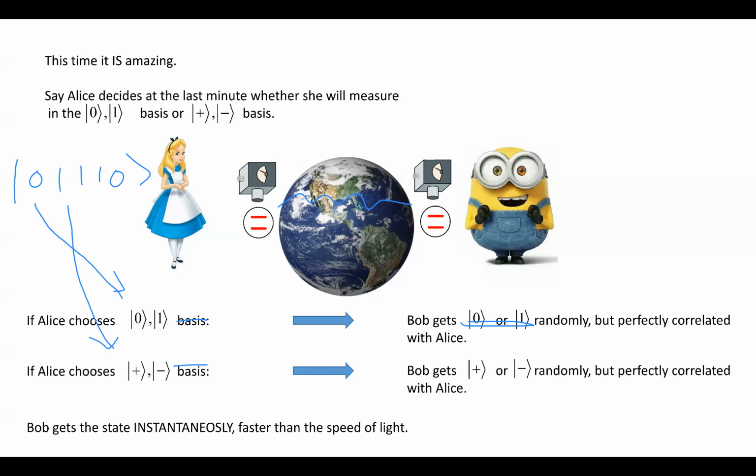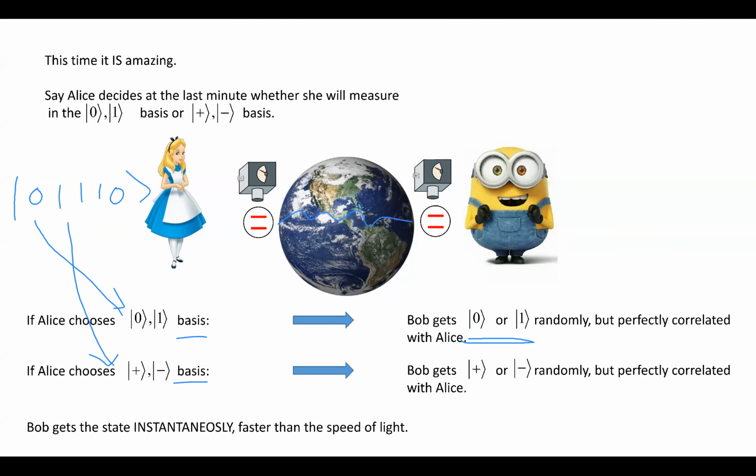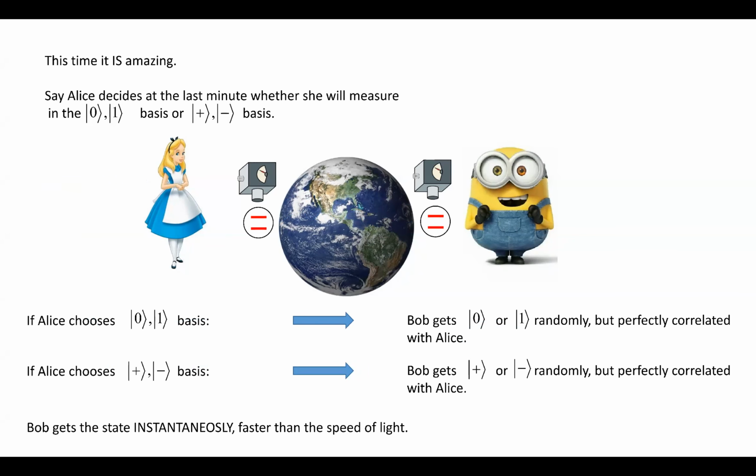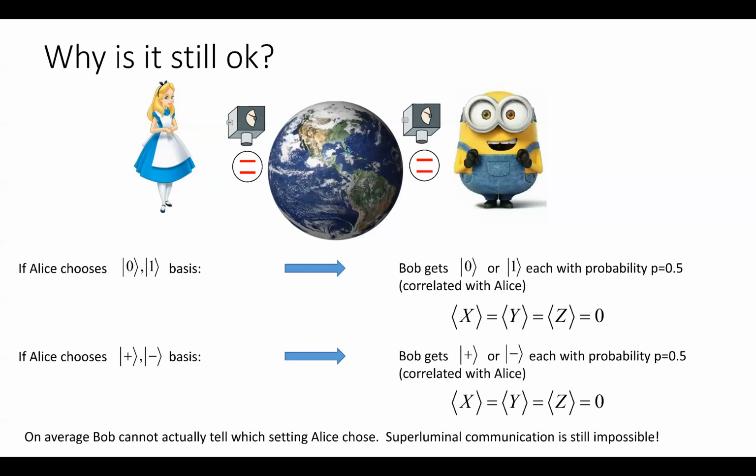Now, unfortunately that just doesn't work. It looks like it might work, but the reason it doesn't is that these things are random. Even though 0, 1, and the plus state, minus state are physically different states, definitely different physical states,